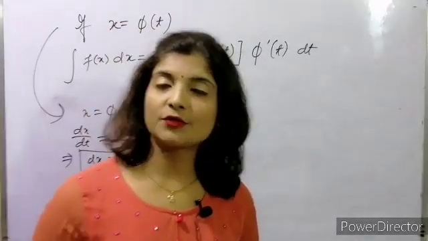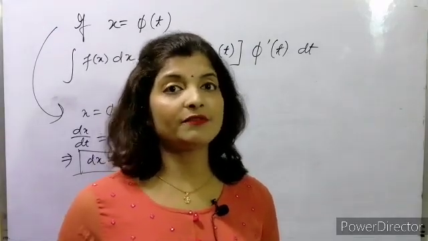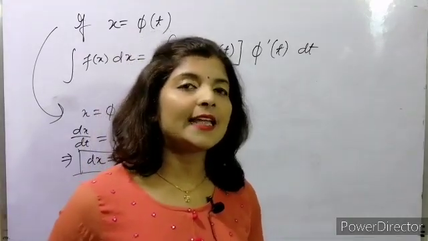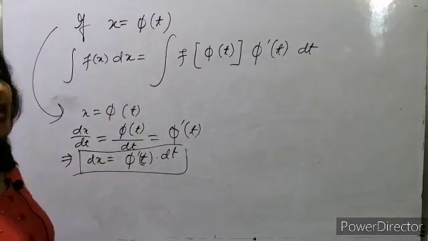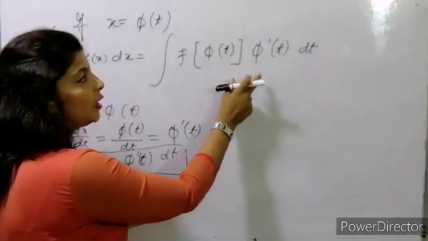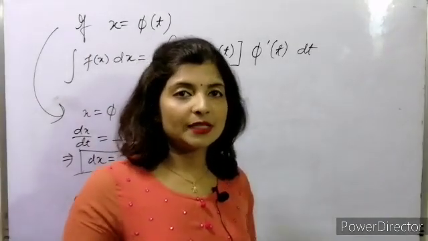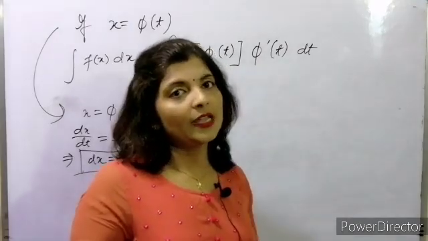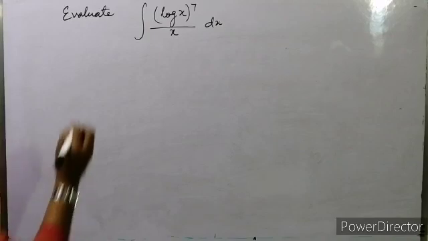This is the method of substitution, and here if x is equal to phi of t, phi t is a differentiable function of t, so in that case we can put the value like this. f(x) dx will be written as f(phi t) into phi dash t dt. Okay. So this is the method of substitution, and by using this method, we'll do more sums. So let's start. By using the method of substitution we will do this sum. So how will we do this sum?